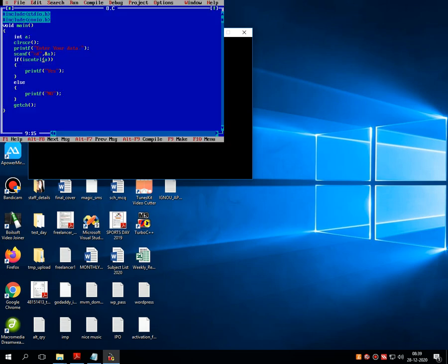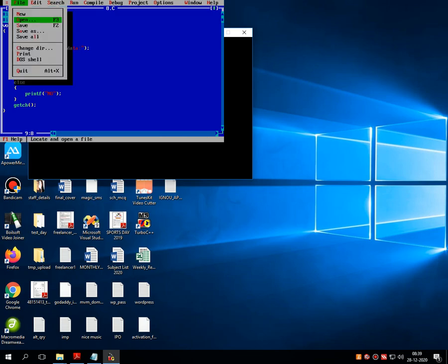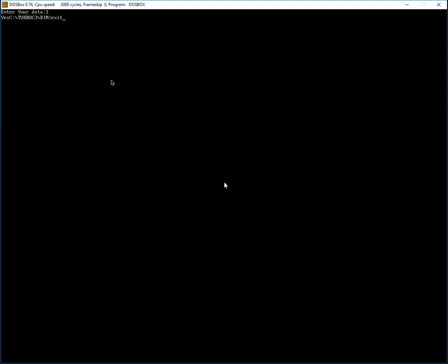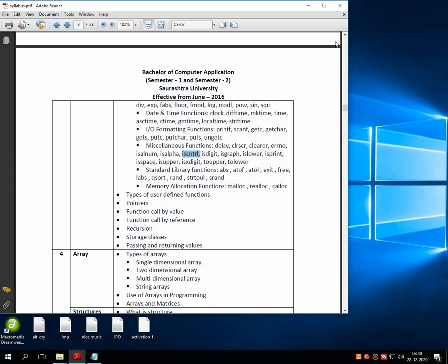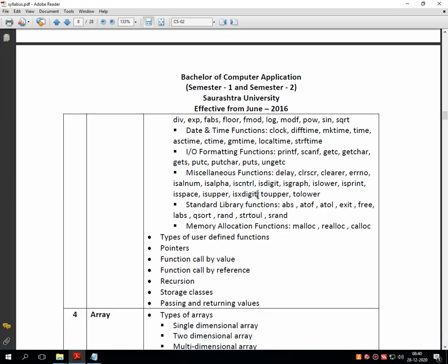So in this way we can write the program using iscntrl. All these are actually macros for checking a particular string. Now let's go ahead to another function. I'm not showing you this in Notepad because by just changing the function name, the entire program executes.